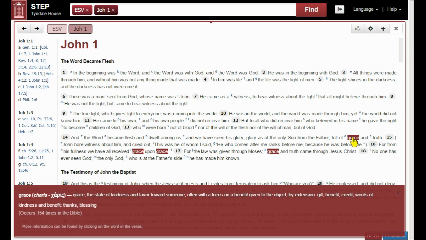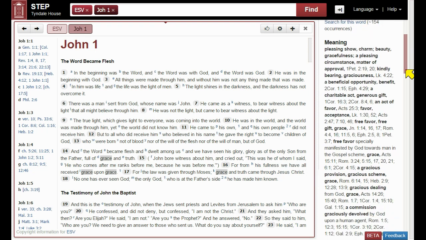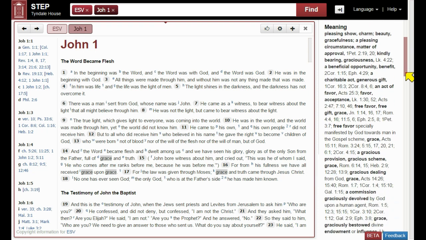This comes from the excellent brief definitions of Bill Mounce's dictionary at Technia. I was really pleased when he gave Step Bible permission to use them. If you click on the word, you find out much more. The word is Charis. It occurs about 154 times in the New Testament. And first we have a brief definition, then a fuller meaning of the word in the Bible, and from this we can see it has quite a range of meanings: charm, benefit, gift, favour, etc.